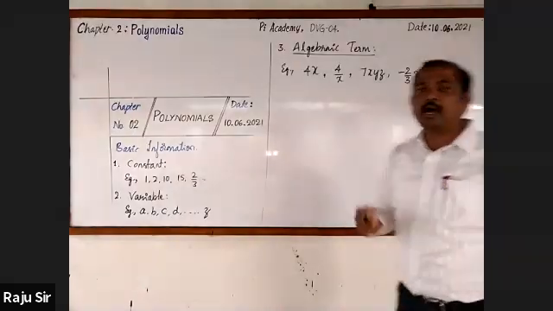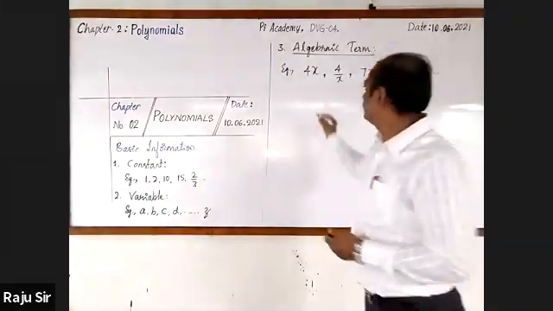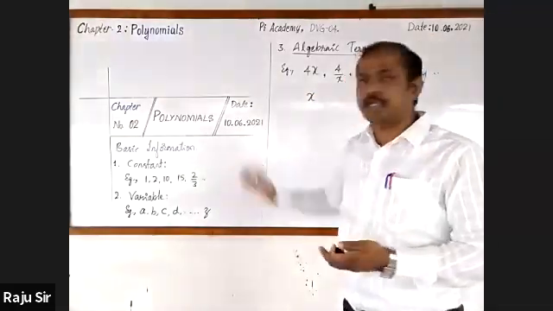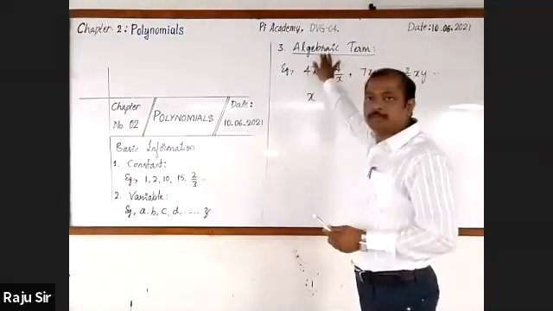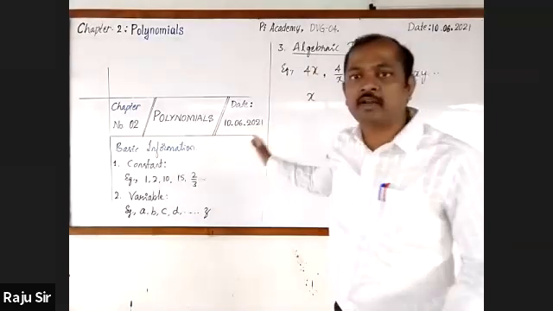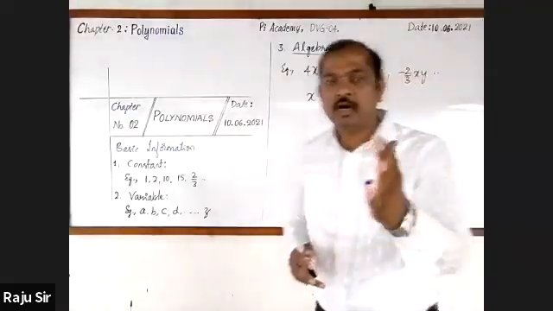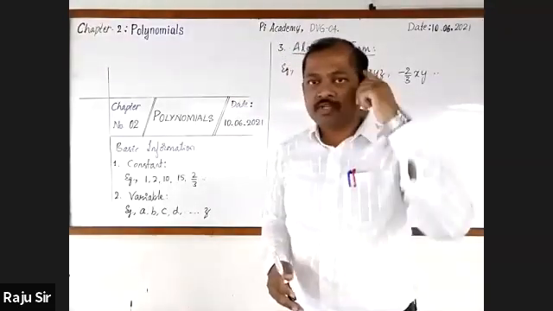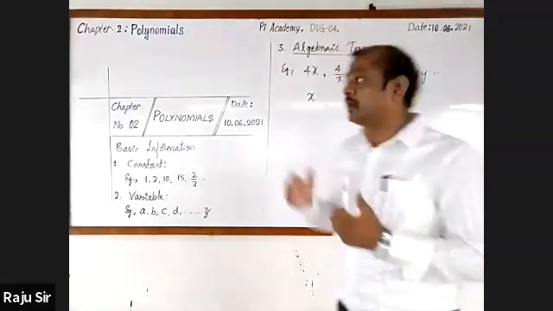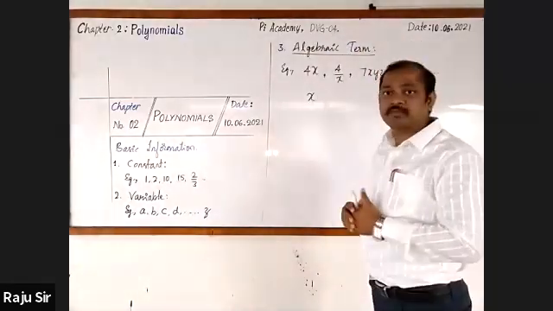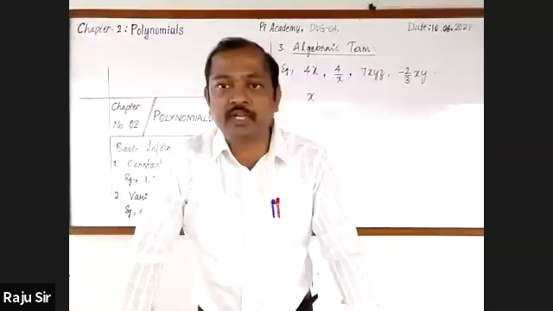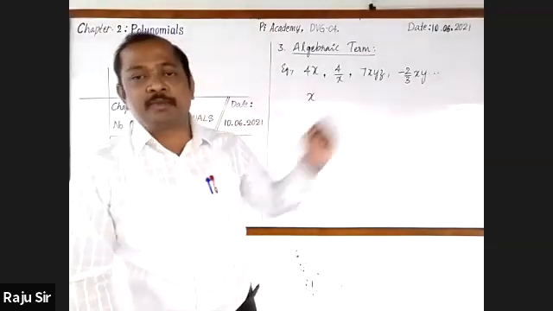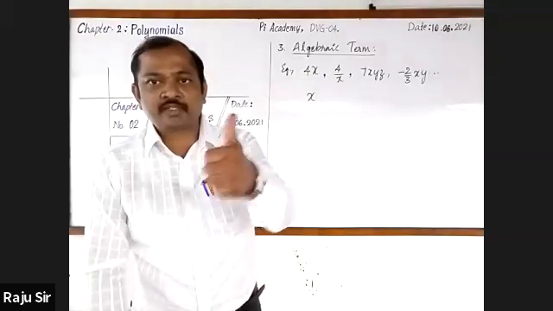In addition to this, I take some more examples. X, Y, Z, A, B, C, D, up to Z. They are also algebraic terms. All variables are algebraic terms. Are you following? A question may be coming to your mind: sir, how do you say all variables are algebraic terms? Will you not ask me the question? Can we consider the variables as algebraic terms? Yes or no?